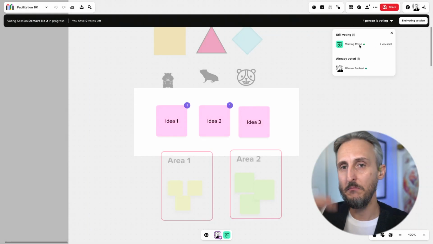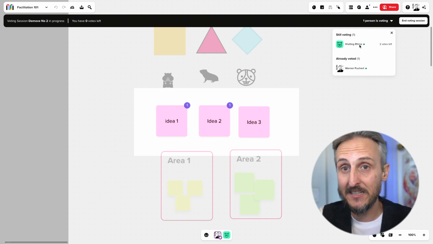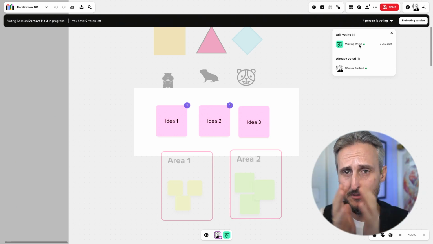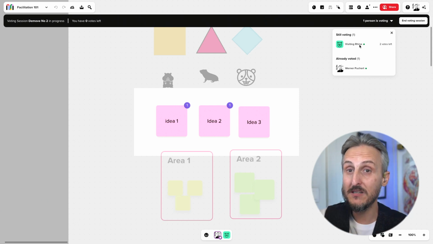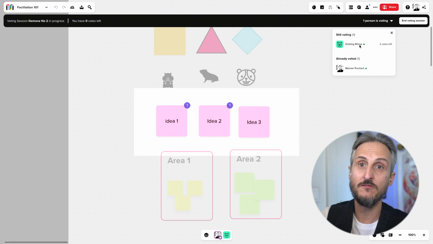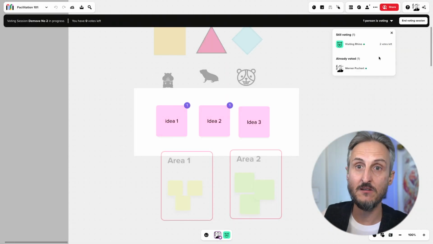Now, you will have a much longer list that will be represented by everybody who's currently active in the canvas. And this is great as a facilitator, just to have a look at this list to see who's currently voting and where's the activity. Perhaps when you're running bigger sessions with 50, 60, 70 people, you're not going to wait for everybody to finish the vote. This area is great to see where you get critical mass and when you can end the vote,